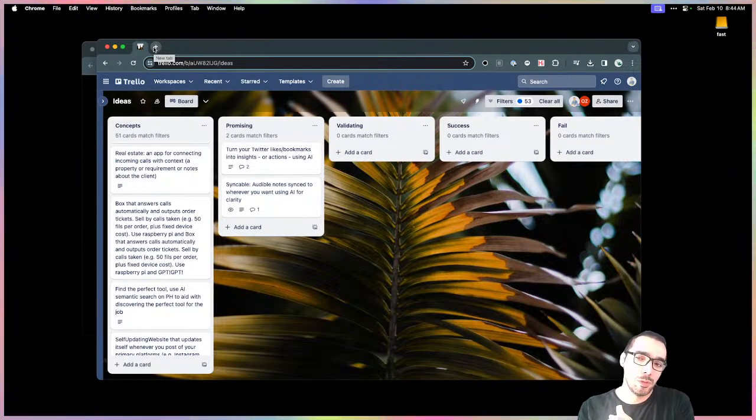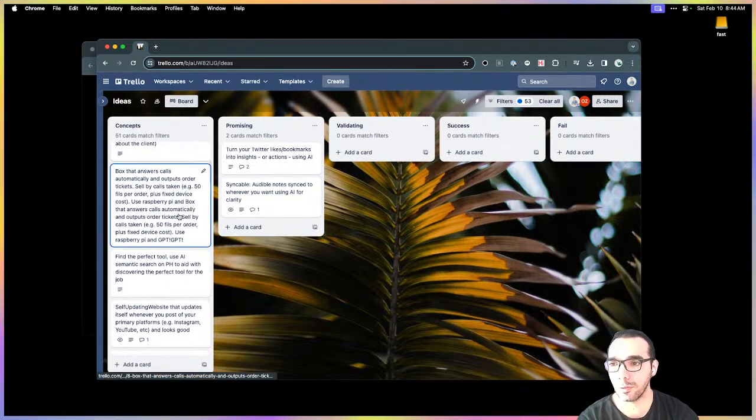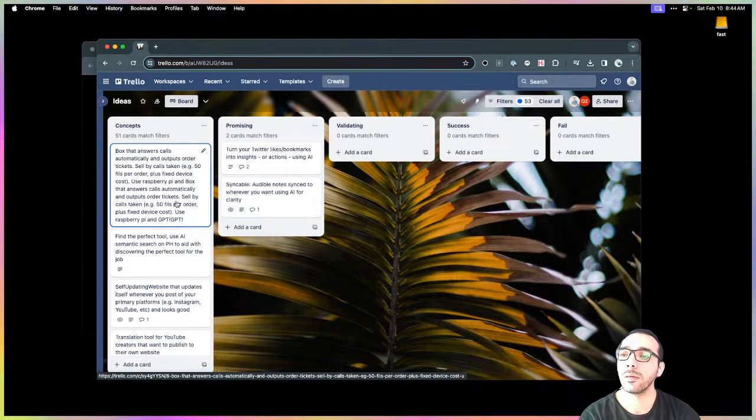I'm sure there's stuff we can do in the real estate space, especially related to AI, but I don't know anything about it. This is something I would need to explore by talking to real estate agents and property owners. It's not really an idea. It shouldn't even be here.